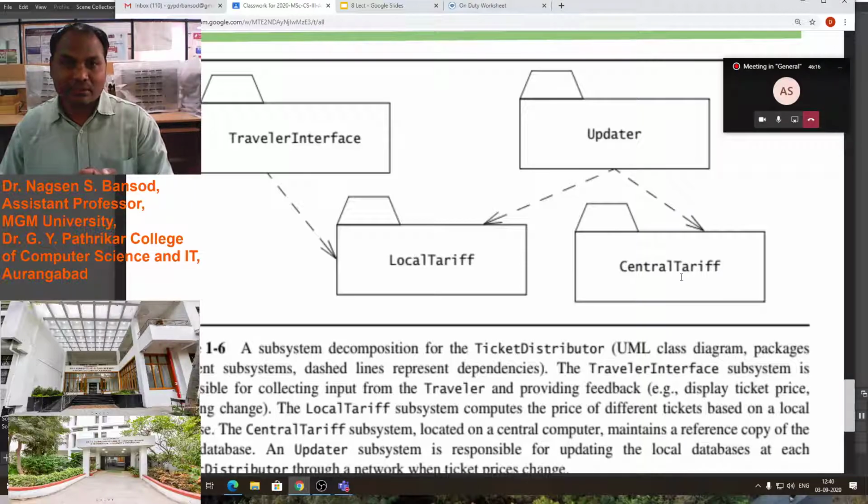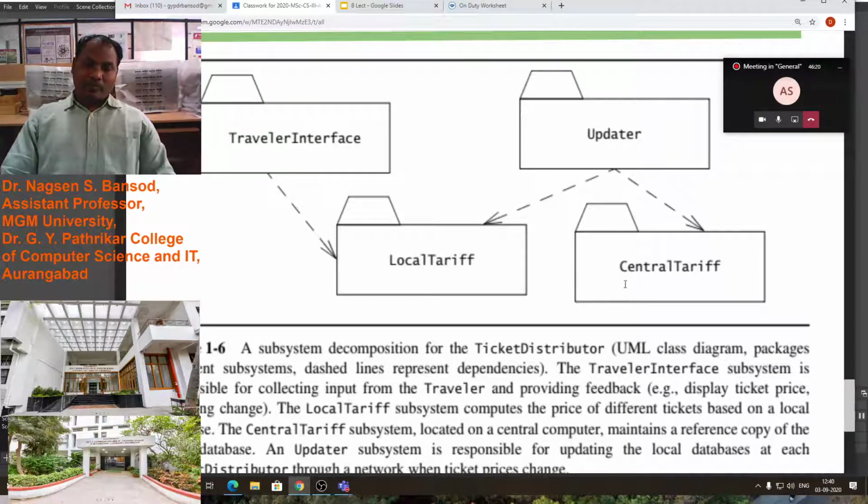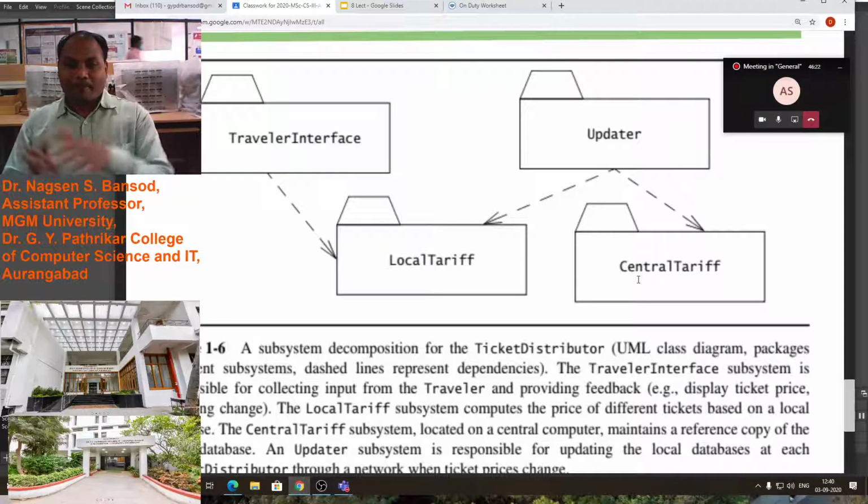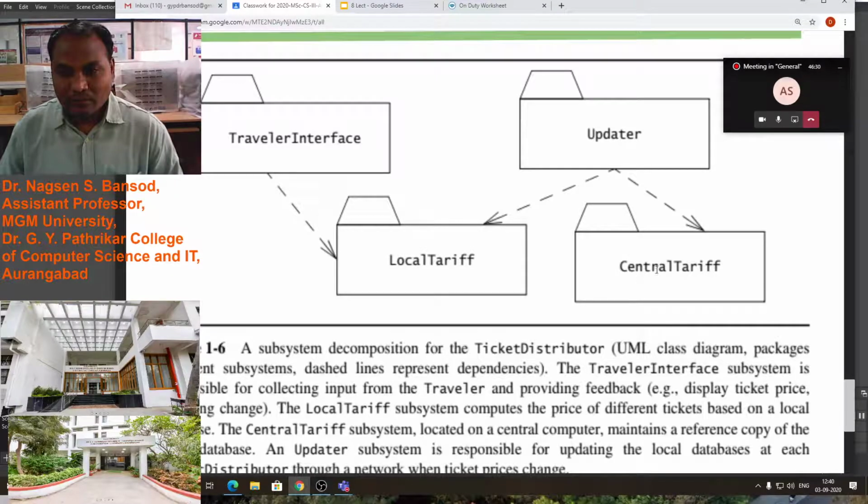This is the server. This will be situated at the office of the ticket distribution station, or any office of the ticket distribution project. How many tickets are taken from a particular local tariff, that record will be stored at the central tariff station.